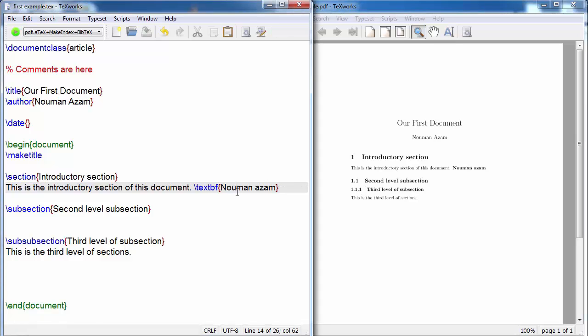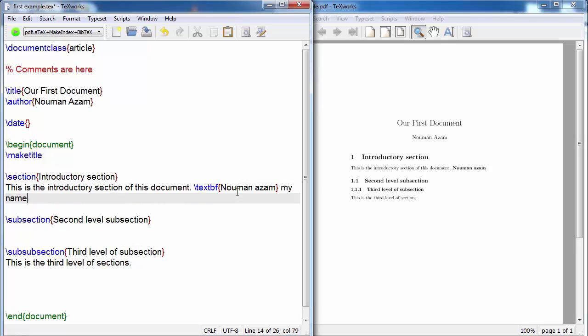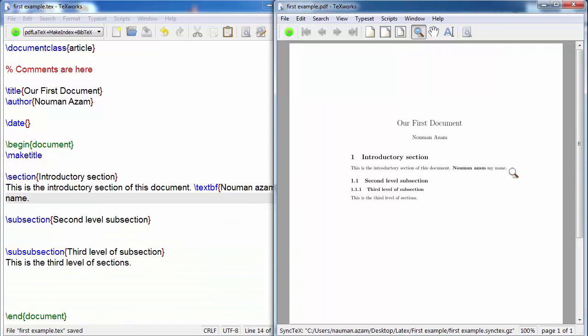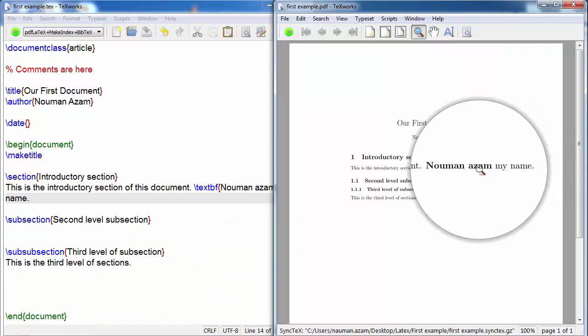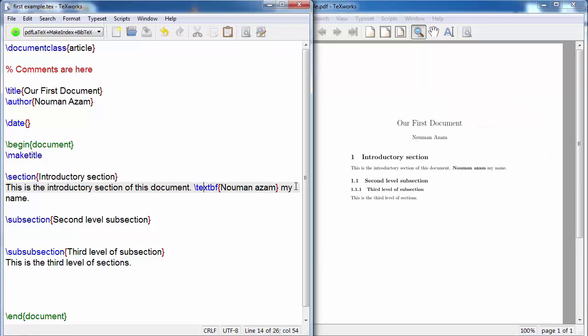Remember that if something is outside the curly braces, it is not going to be bold. So my name in this case will not be bold. Anything that is inside those curly braces is the only thing that is going to be in bold. Right? So similarly, if we want to